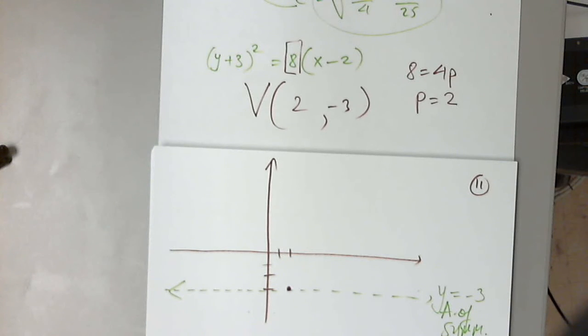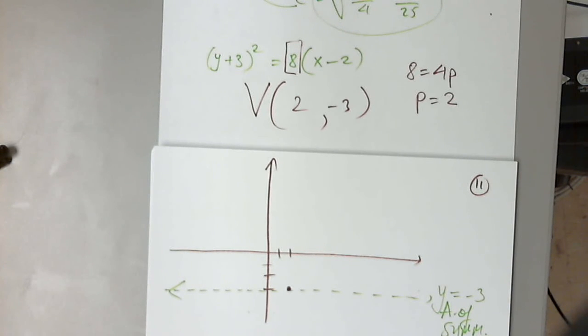So if it opens either to your left or to your right, I think I said it the opposite, either to your right or to your left, it must have a horizontal axis of symmetry. Because all parabolas like this have a vertical axis of symmetry, either opening upward or downward, it doesn't matter. So once I found the vertex, and I know that it's a conic section basically, not a function, then I